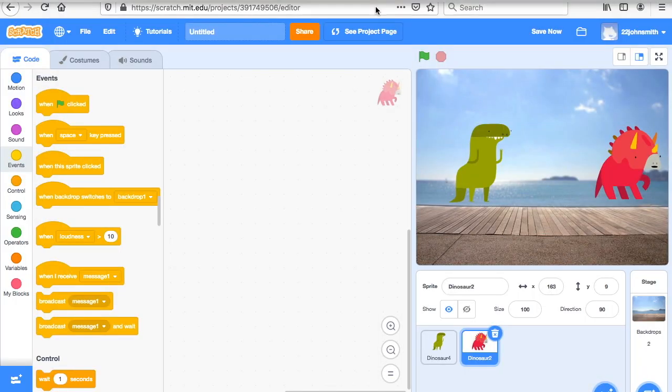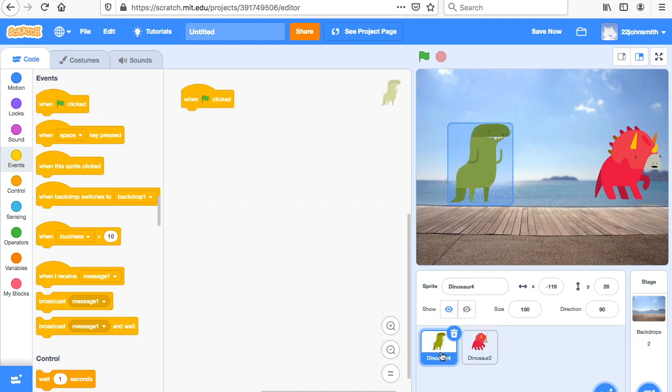Now we're going to code our dinosaurs. And when I click on the green dinosaur, he gets a code. And when I click on the red dinosaur, he gets a code. Okay, so let's start with the red first. What do we want the red dinosaur to do when we code him? Okay, so let's take a look. The red dinosaur, we want him to go to